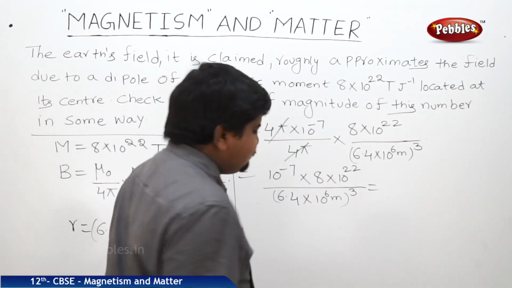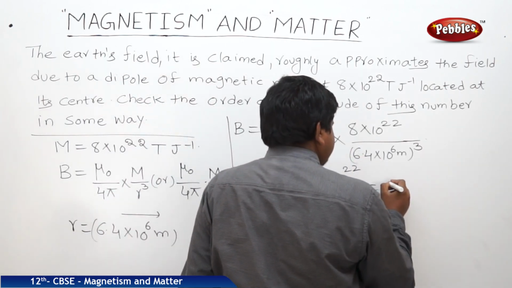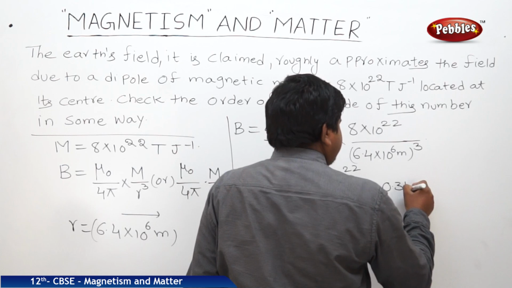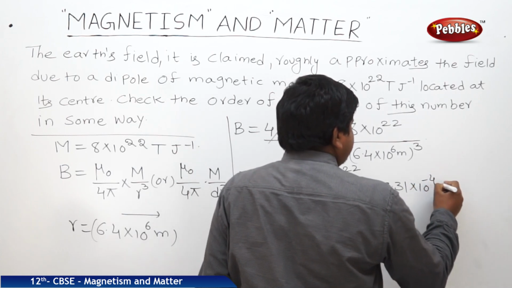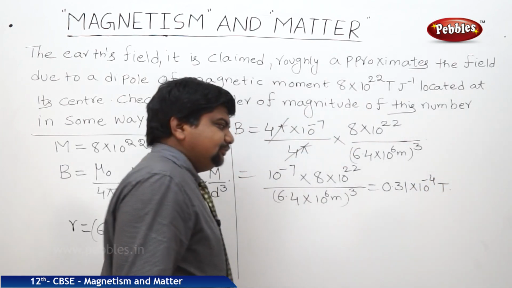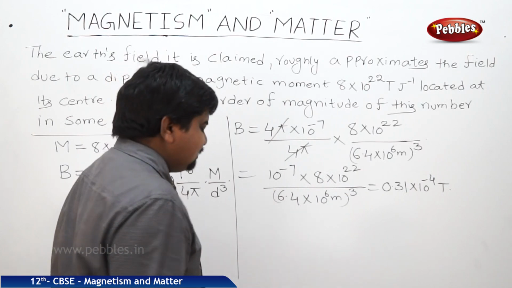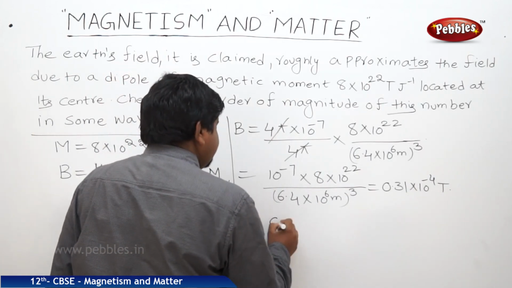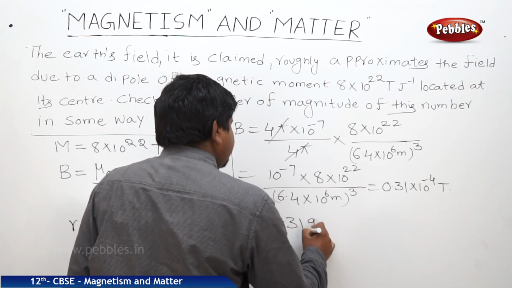If we calculate all those things, we will get approximately 0.31 into 10 to the power of minus 4 Tesla. 1 into 10 to the power of minus 4 Tesla is nothing but Gauss, so therefore it is 0.31 Gauss,